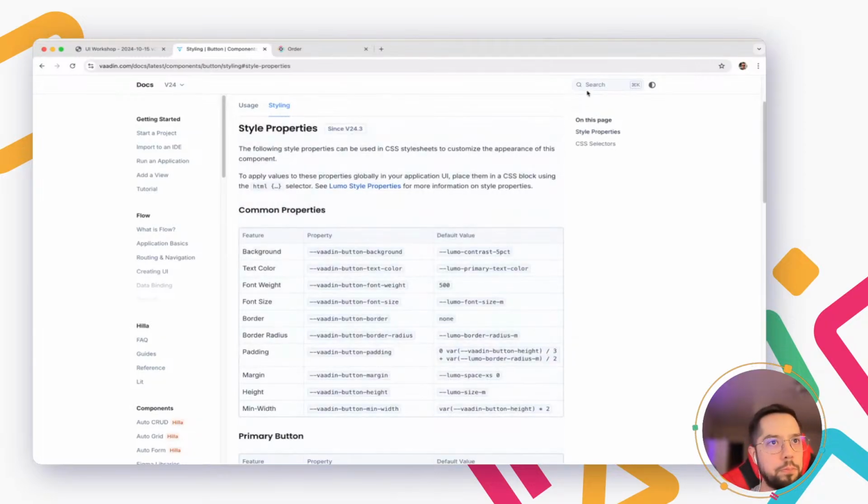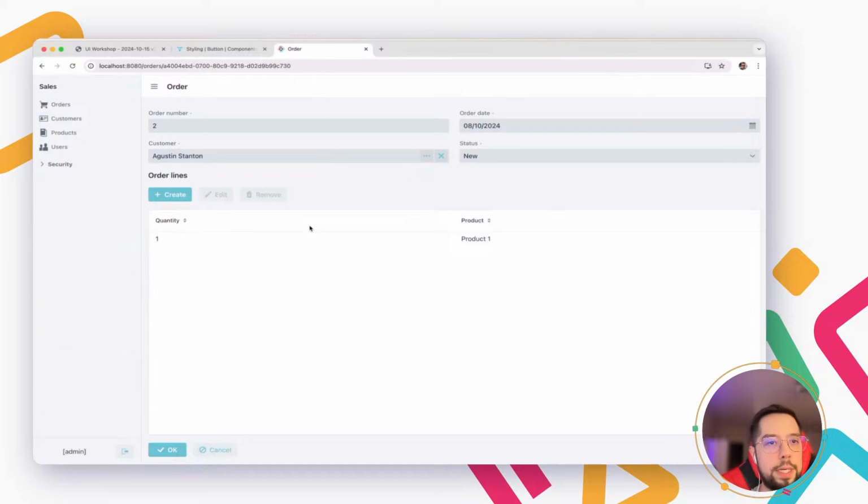Another thing here, since Vaadin 24.3, CSS variables can be used to customize the appearance of components. So for example, to change a button's background color, instead of targeting the root element, we can change the value of the corresponding Vaadin button background property. And let's try it out. So let's go to application and